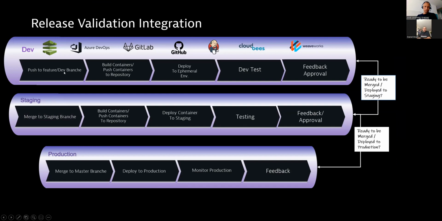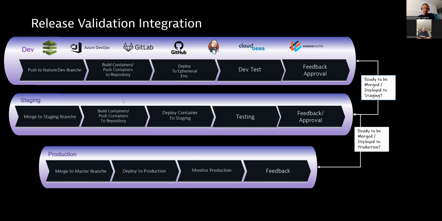When something new is pushed to the features/dev branch, automatically a pipeline is started that builds containers, deploys them to ephemeral environments, runs the dev tests, and then you have some kind of feedback and approval, right? A 4I principle. And we look if everything is all right. And if everything is all right, we merge the